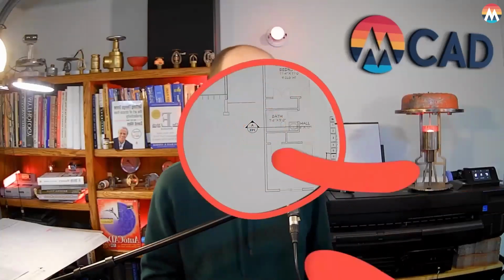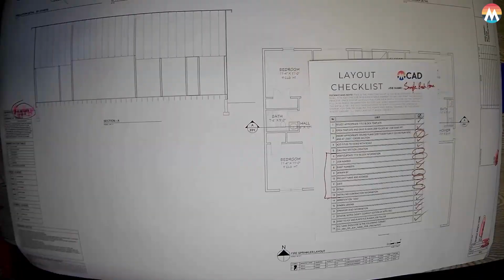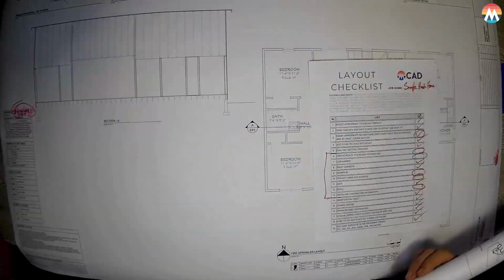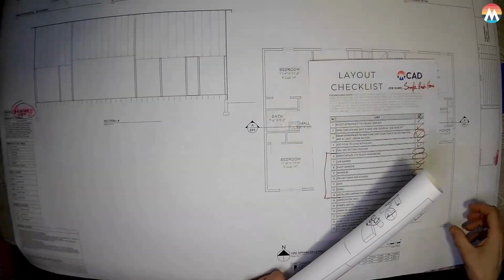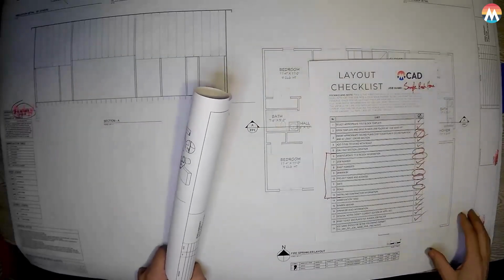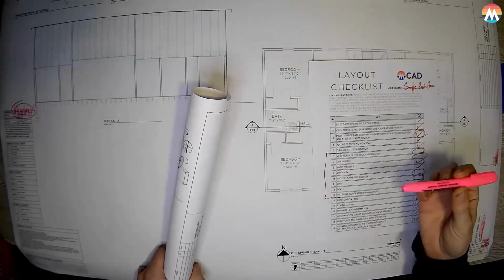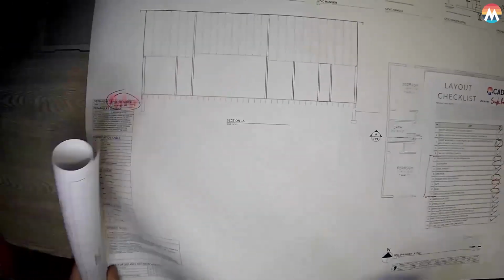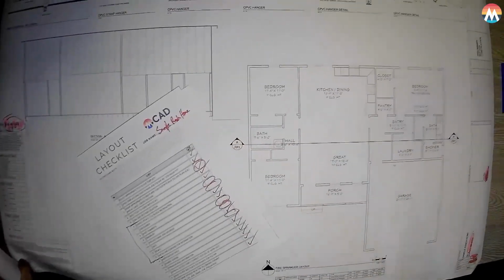All right, guys, we got our plan back from the technician. So let's take it over to the plan table and we'll check it out. Now I want to point something out before I roll this out. As I was going through my red lines to correct them on this drawing, I took this pink highlighter and, see over here, every time I did one of the corrections,